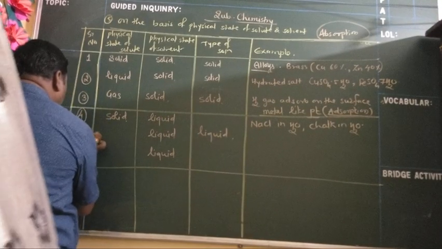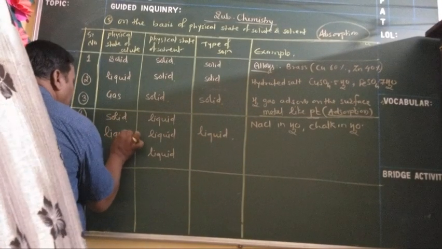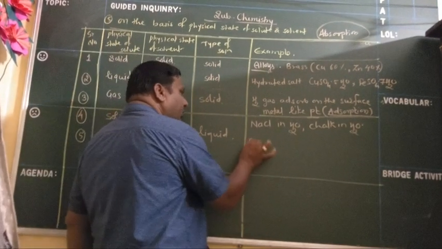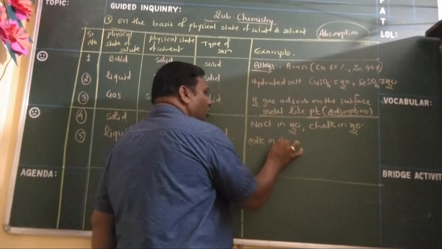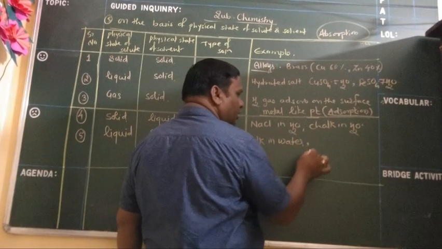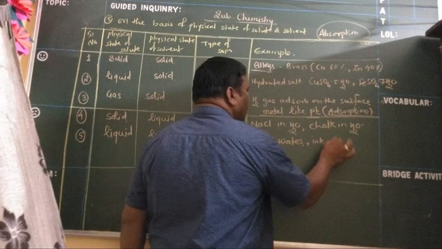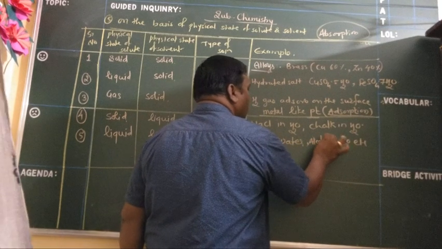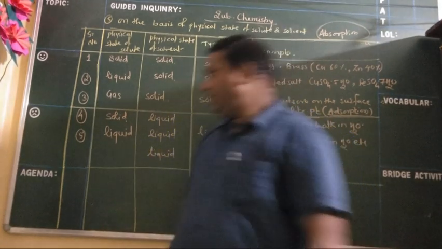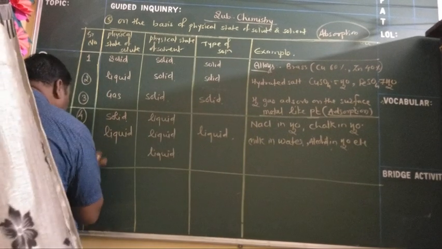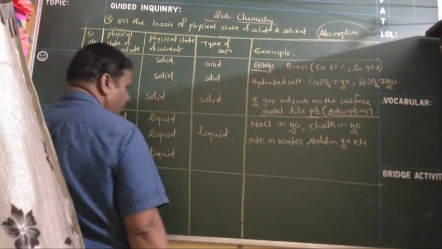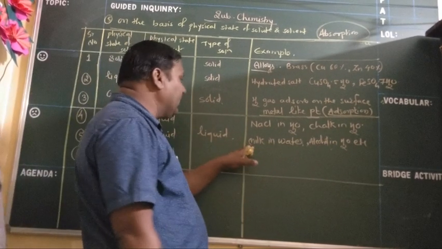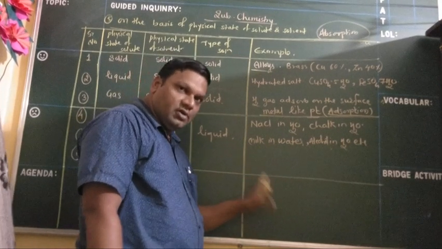Second, the fifth one is liquid in liquid. Both solute and solvent are liquid. Just milk in water. Okay. Then ink in water, etc., or alcohol in water. Okay. Next, number 6, gas in liquid. The gas is in a less amount. Like here there was liquid in liquid, one liquid less, one liquid more. Milk in water.